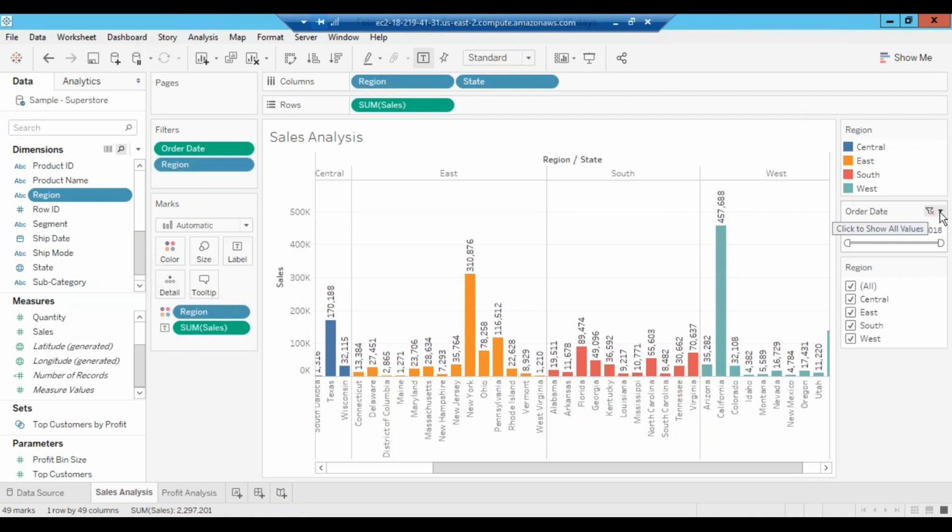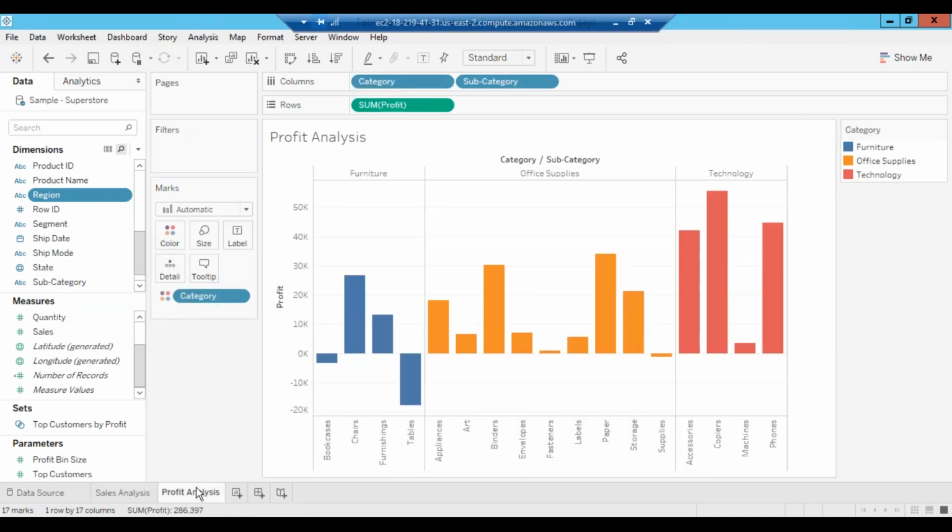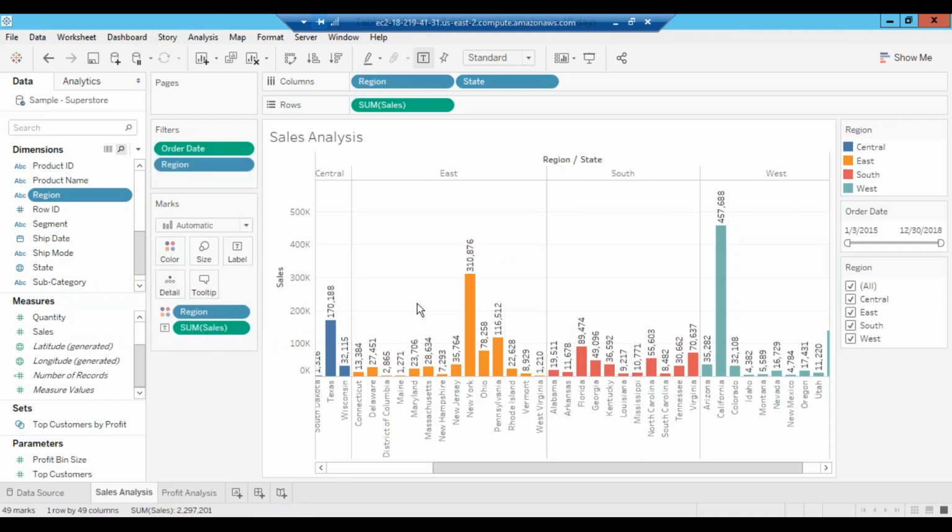Now if I go to profit analysis, I don't see those filters. So do I need to add them again here? No. This is a very real-time question, and it will be an interview question: I have filters in one page and I want to apply them to other pages. How will you do it? You will definitely be asked this question, because this is what we'll be doing in our session. As soon as we cover a topic, I'll cover the questions that can be asked from it. So under filters, this question will be asked.